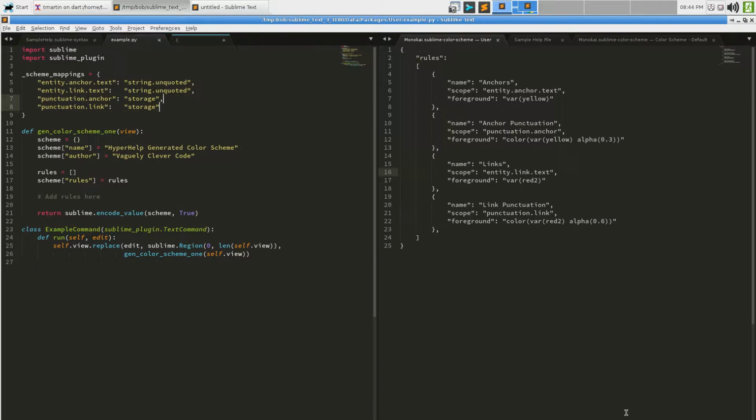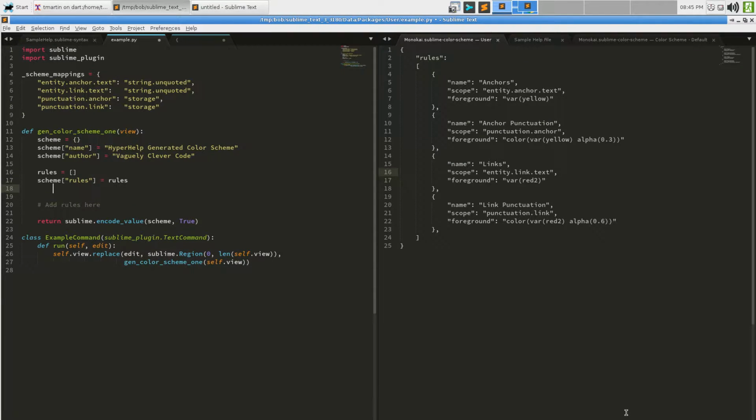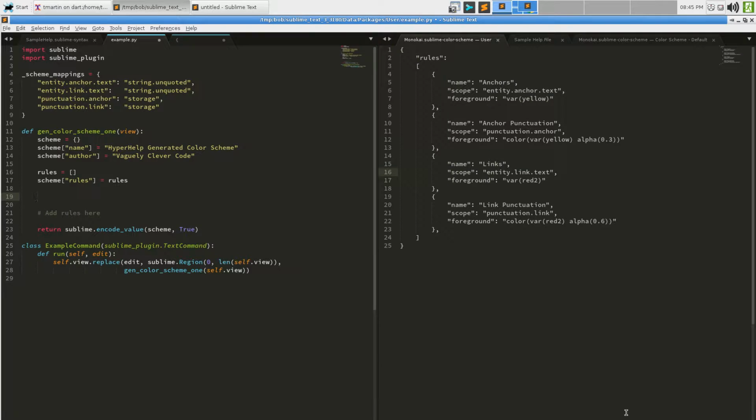Okay, so save that. So what we would actually do here is we need to iterate over, for, let's see, the key value is going to be a scope. Well, actually, it's going to be a selector, I suppose, if we want to get technical. For selector, comma, and the value is, oh, no. That's right.